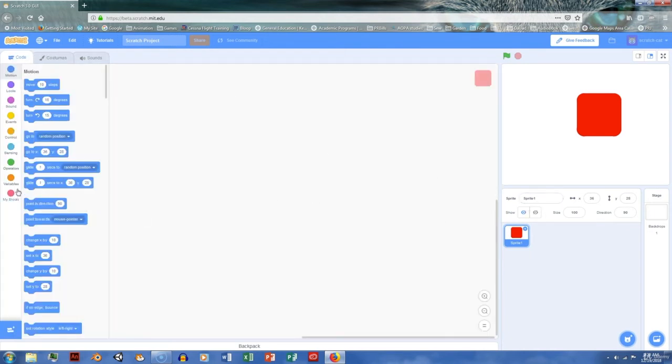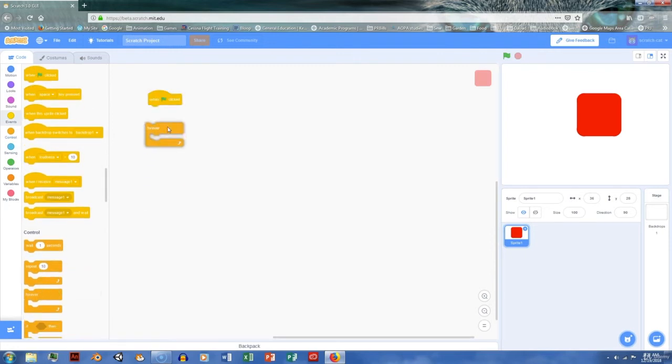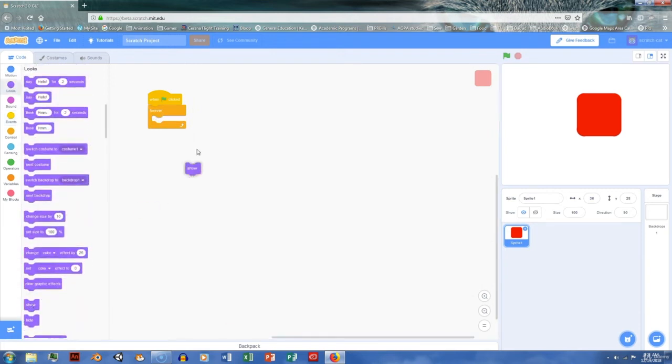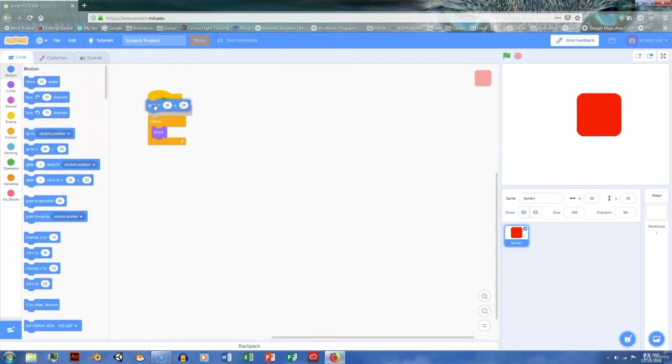and Events and when green flag clicked. Drag out a forever block, a looks, and show, motion, and go to. Let's set it to